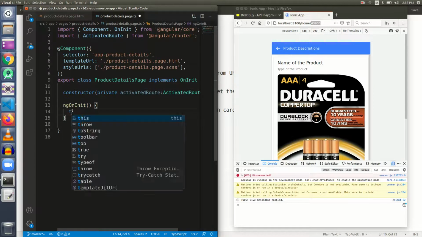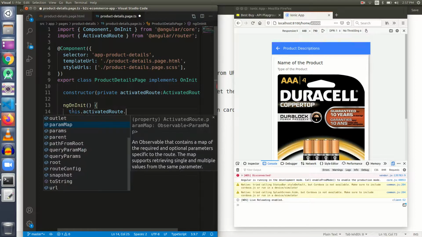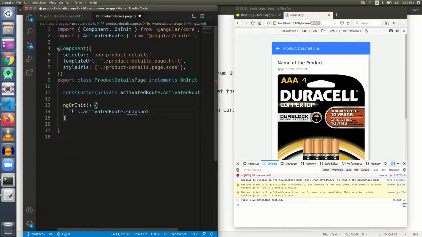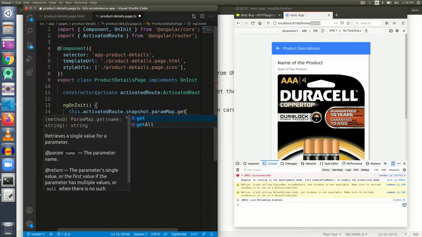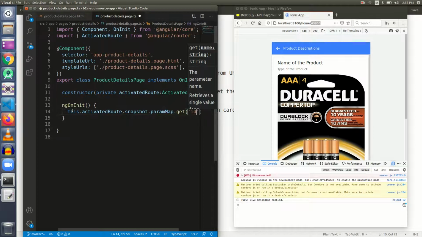Just see how we will use this, because every variable declared inside a class must be referenced with the help of this. Then we will use a snapshot variable, which will return a parameter map that will contain all the data that travels with the URL, and there is a method known as get, and it will get the ID.